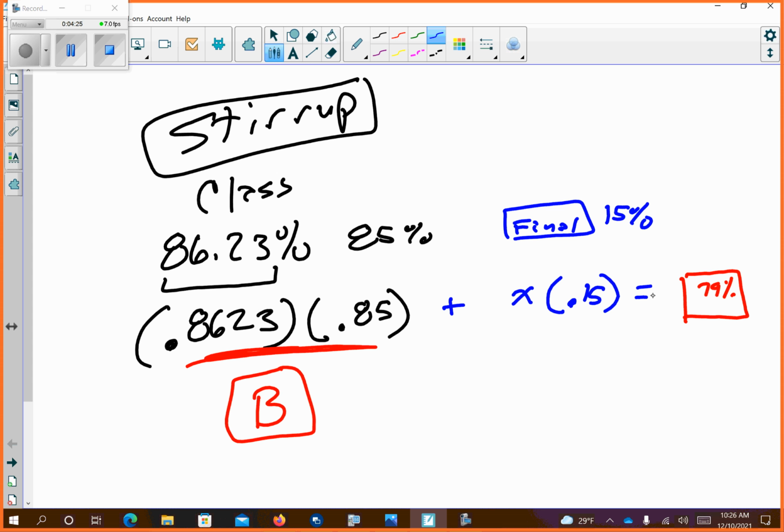0.8623 times 0.85. Oops, clear. 0.8623 times 0.85 equals. So if I do the math right here, that means 73.7329. Okay, so if I didn't even take the final, that's what my grade in the class is, 73%. Stirrup feels a little bit better about himself because Stirrup can't fail the class. Okay? So, plus